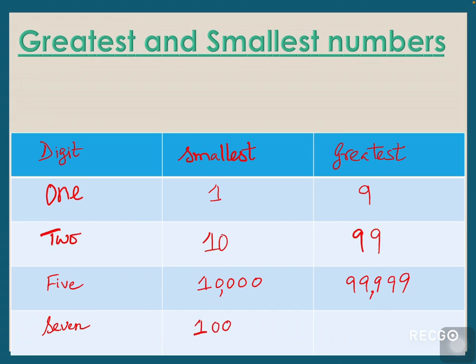So in all there will be 7 digits. Let's insert commas here after 3 digits, then 2 digits, and then 2. So it is 10, and then how many zeros are there? 5. 5 is for lakhs, so it is 10 lakh. 10 lakh is the 7 digit smallest number. And if I say 7 digit greatest number, so all 7 nines.